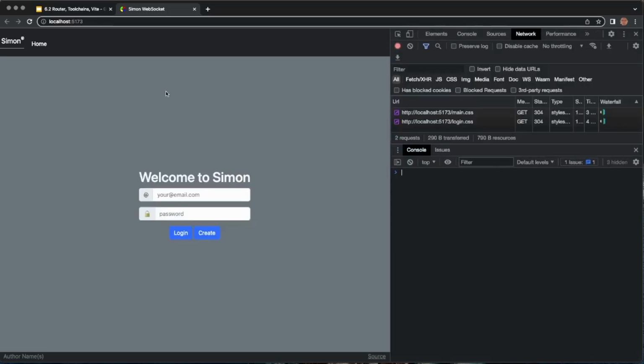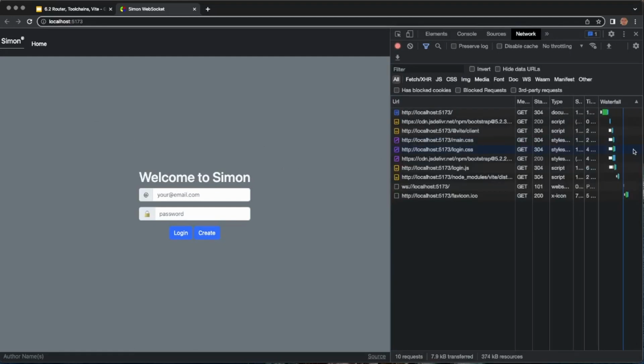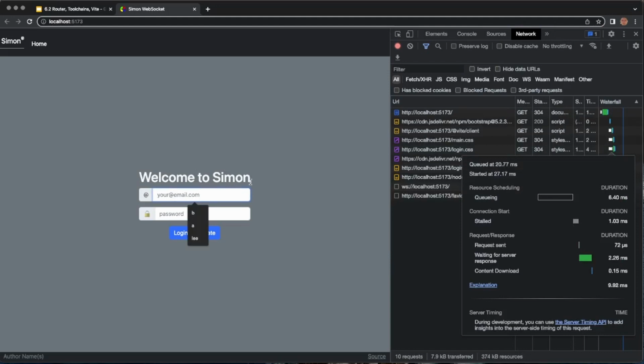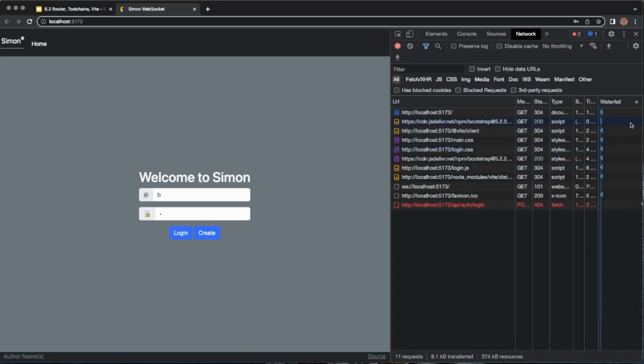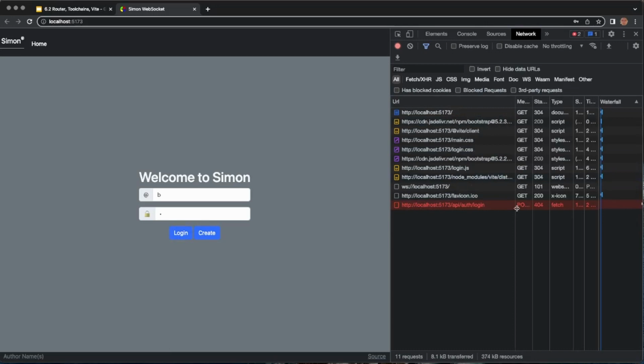Now, I want to open up the dev tools and take a look at what's actually going on here. So let me just do a refresh. We can get rid of our console. And I'm going to try and log in. So I'm going to do B and P for my password and push login. And you can see I'm actually getting an error here. And the error is that we got a 404, an unknown error, because it's trying to call an endpoint on the server